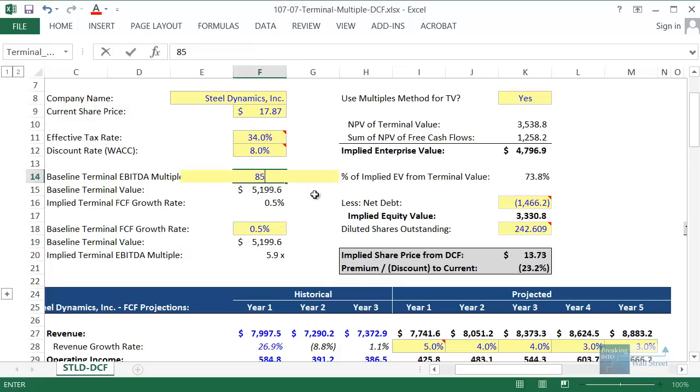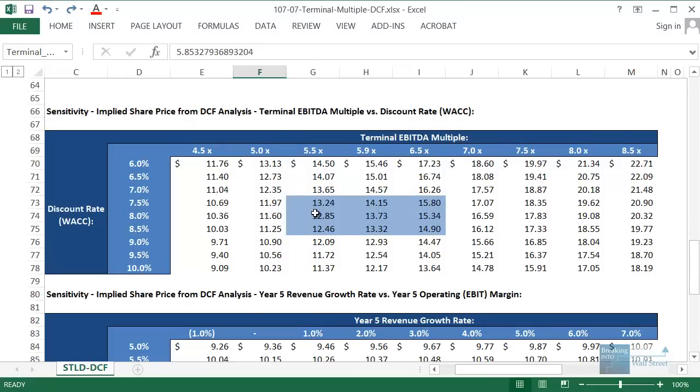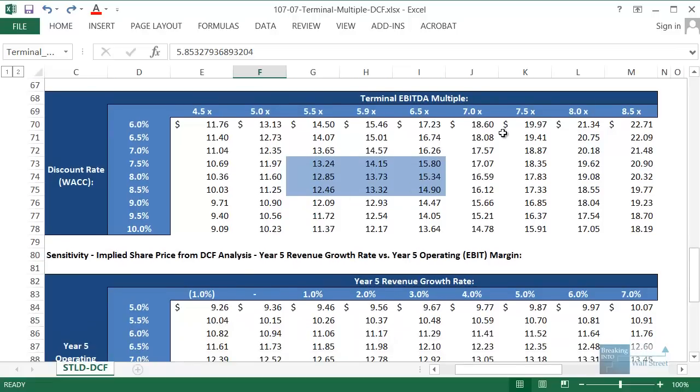And on the upper end, we also don't really think that 8.5x is reasonable. Maybe we could go up to more like 7.5x and stop with that on the upper end. And then the final conclusion here is that it seems very likely that this company is overvalued at the moment. Its current share price is around